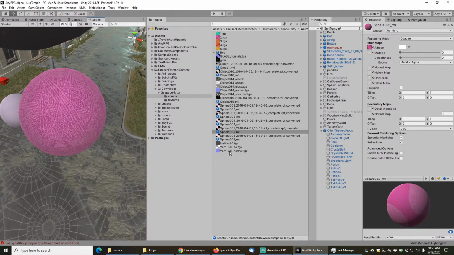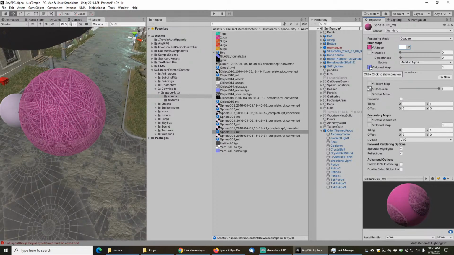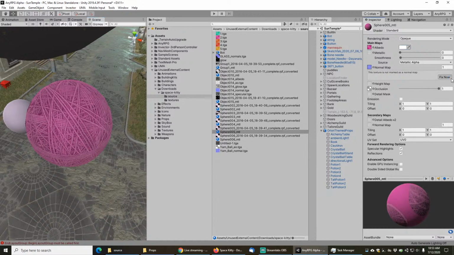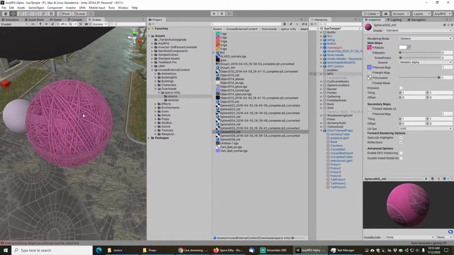I think these balls all share the same occlusion. Perfect. And they all share the same normals. That's pretty good. Okay. So then